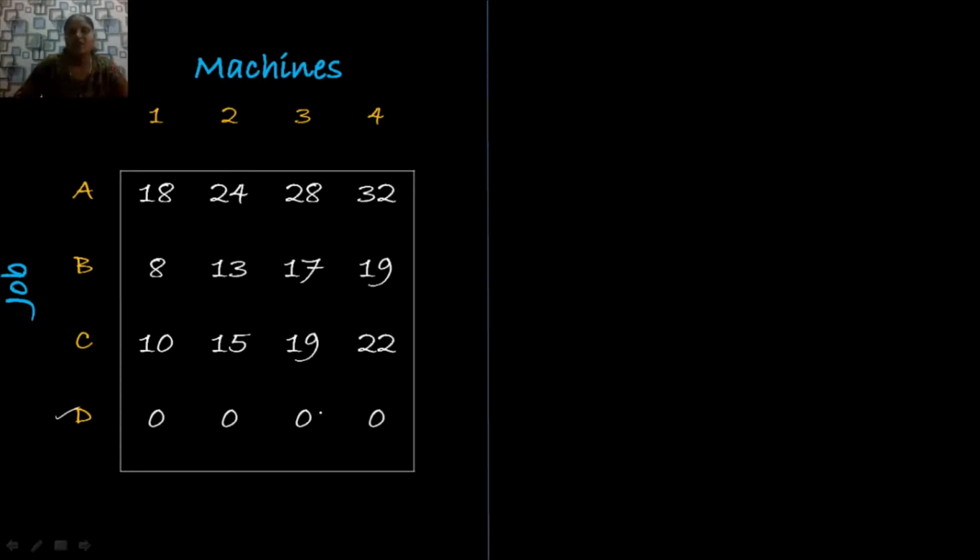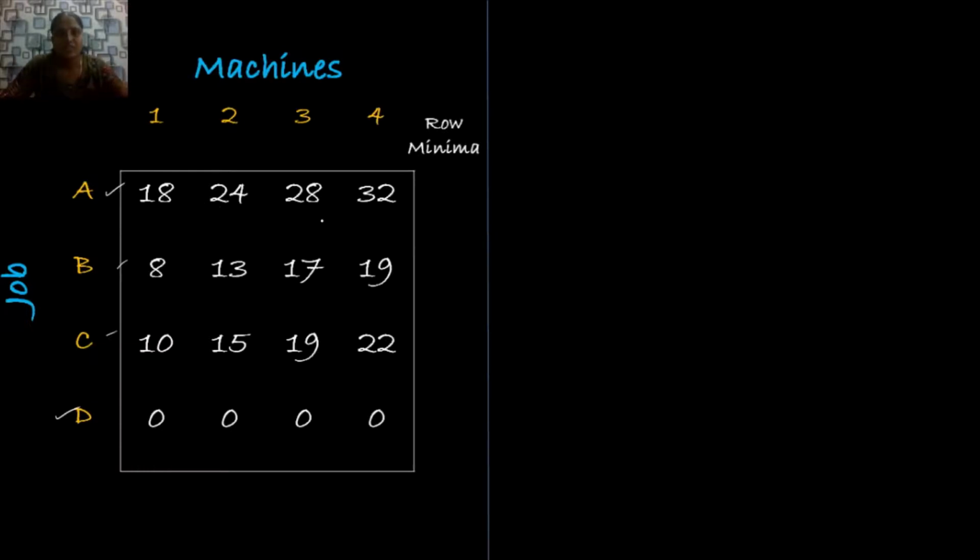Now we make use of the Hungarian assignment algorithm to find out the optimum assignment schedule and its associated cost. For that, as a step 1, check whether each row has at least one 0 element. Here, the first row, second row and third row don't have any 0 elements. So for that, let me now write down the row minimum for each row.